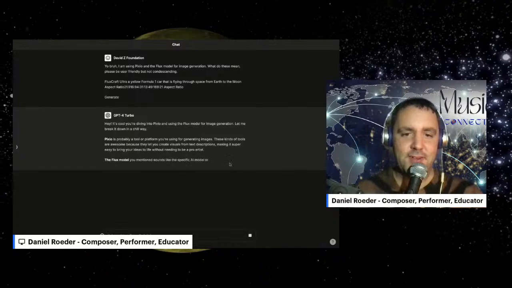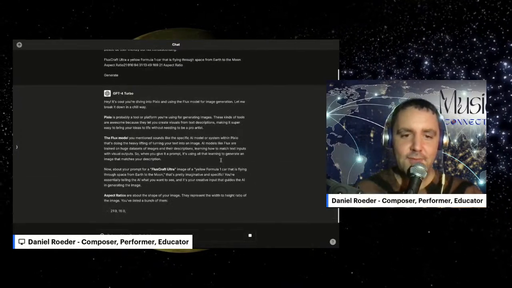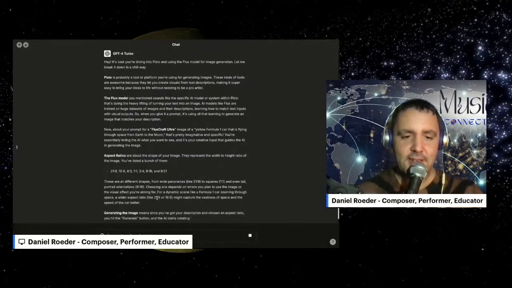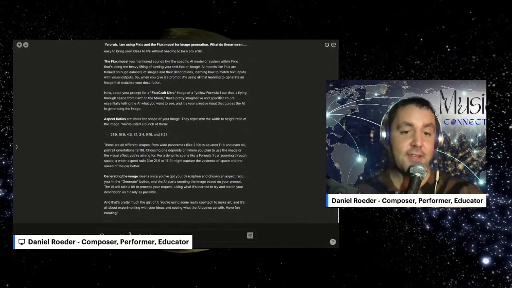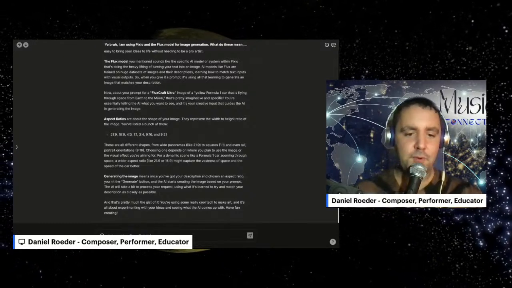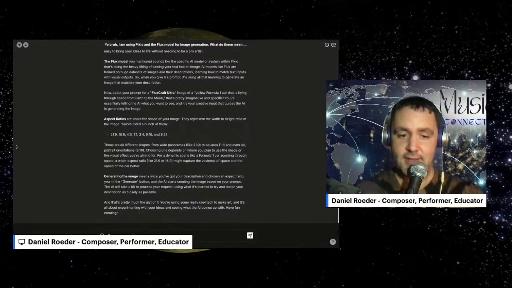Hey, it's cool you're driving to Pixio and using Flux model. Yeah, I know. Pixio is probably a tool or platform. It probably is. You know it. Aspect ratio. All right. And so this is a lot of information. I don't really necessarily have time, but I kind of zhuzhed it into what I'm looking for. Can you summarize this